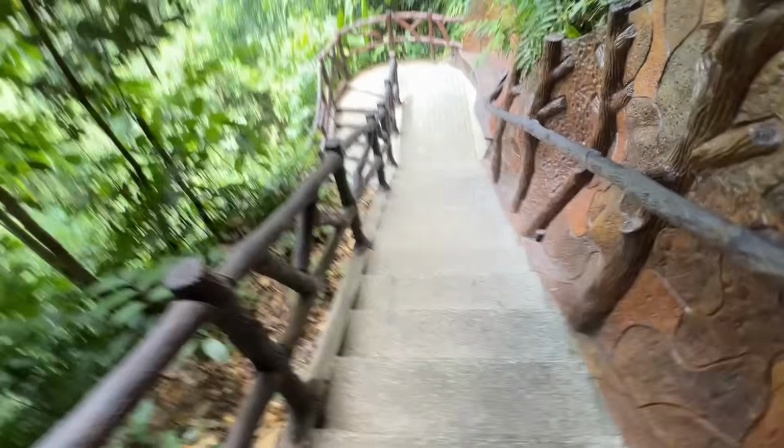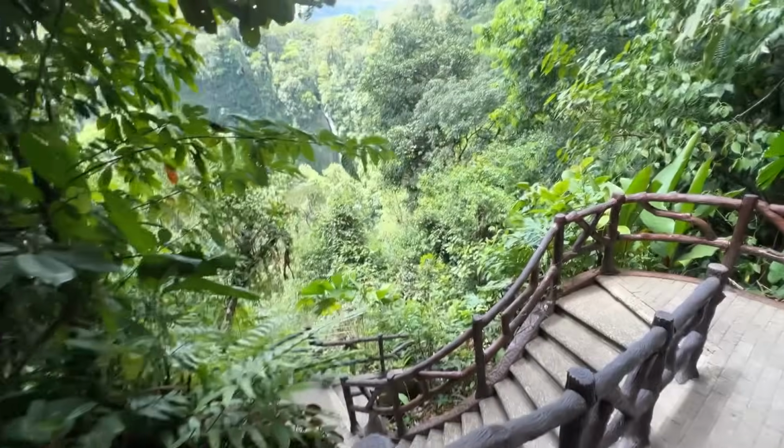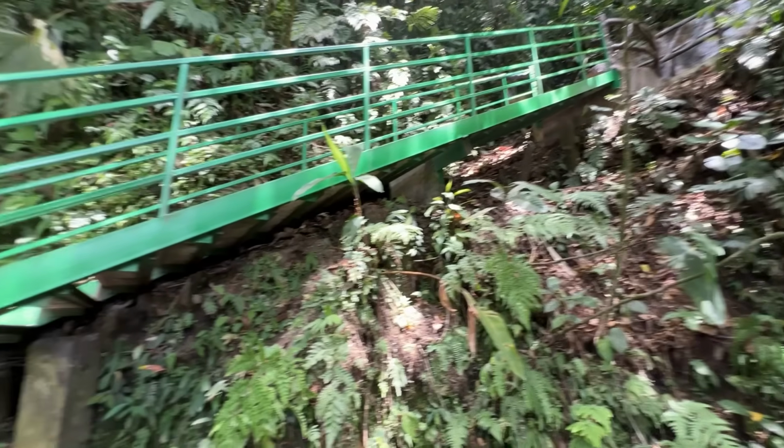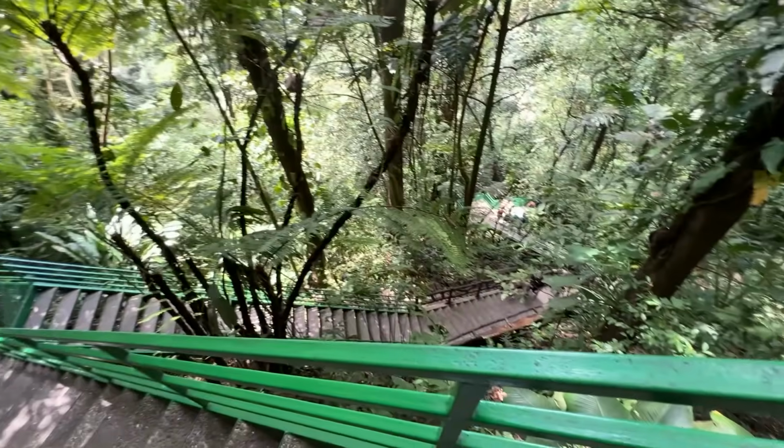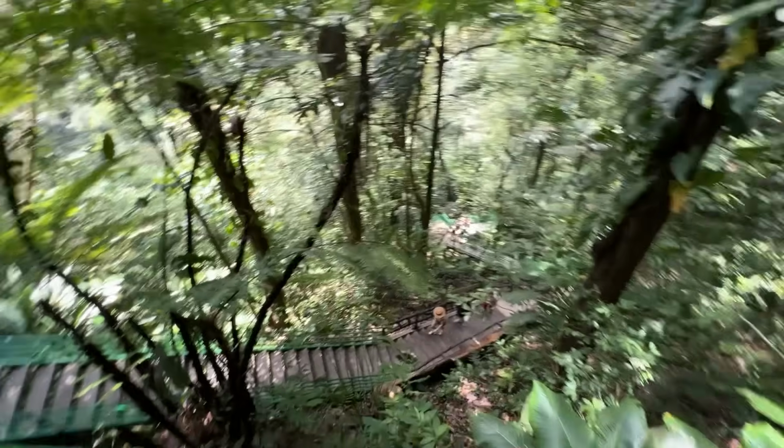They say it's 500 steps down, 500 steps obviously to get back up. And then they did let me know, look at that, that's so cool. They did let me know at the front desk that swimming is permitted today. So I guess weather conditions dictate whether or not you can swim in it, but luckily today you can, so excited for that. To give you a little perspective of the stairs, they are pretty steep through the jungle. As you can see here, I see people coming up, they're struggling. So I look easy because I'm going down. We'll see how it is